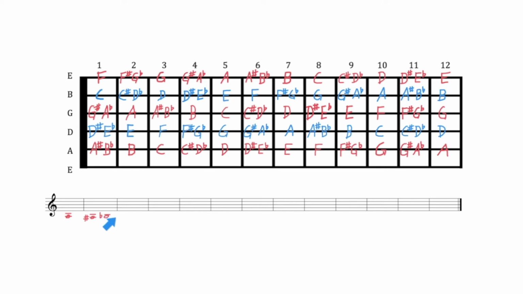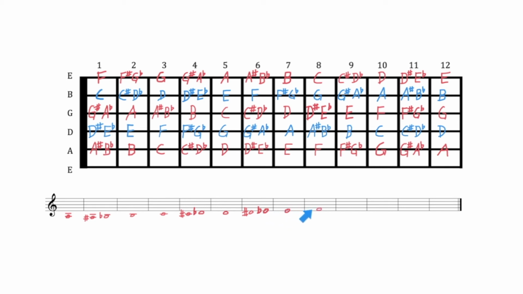We will keep that same note for the B, followed by 1 ledger line below the staff, which gives us C. We keep that same ledger line for C sharp, and now we're out of ledger lines and go directly below the staff for D flat. Next we have D at the 5th fret, then we have D sharp on the same space, followed by E flat on the bottom line. That takes us to E on the same line.